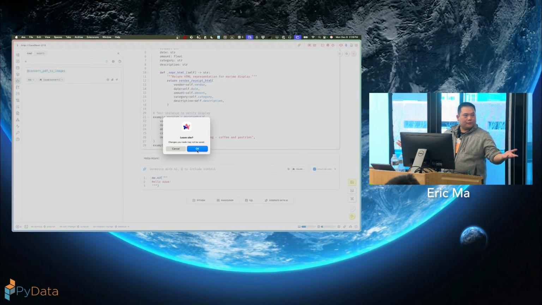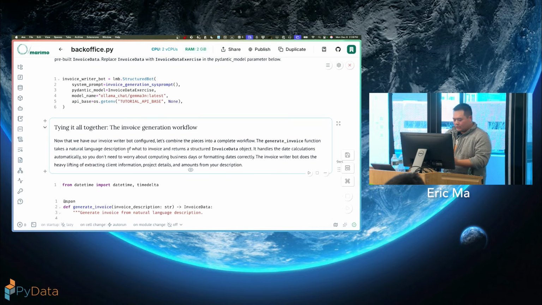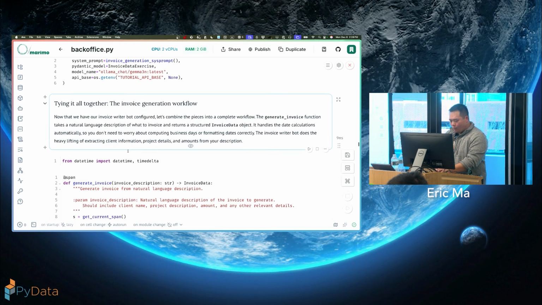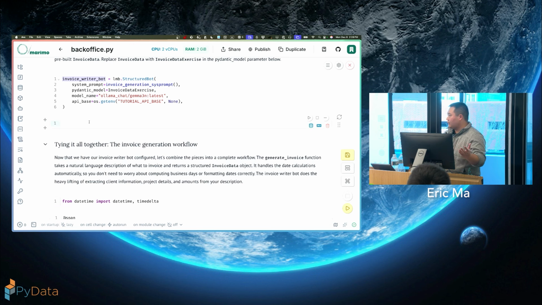So that's a few ways that you can interact with AI within Marimo. All right. Hit OK. Cool. So let us now test drive the invoice writer bot. I'm going to ask you all to add a new cell below, and call on it and go like, help me write an invoice to PyData or NumFocus